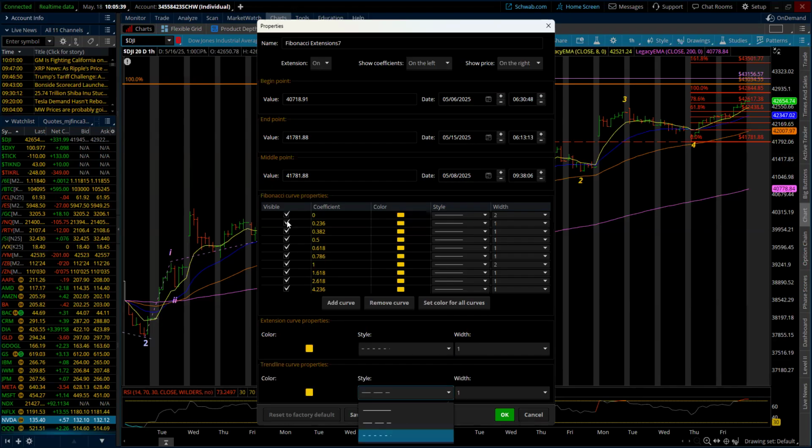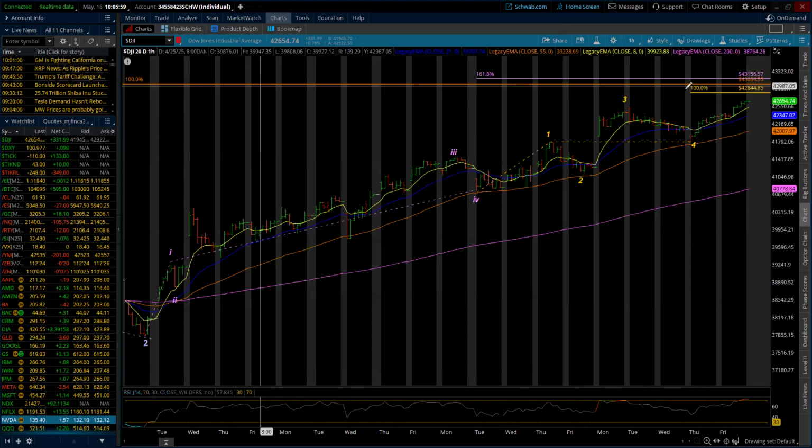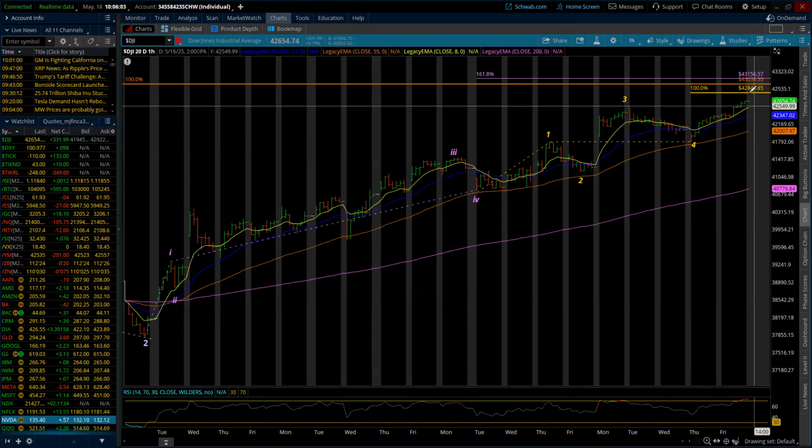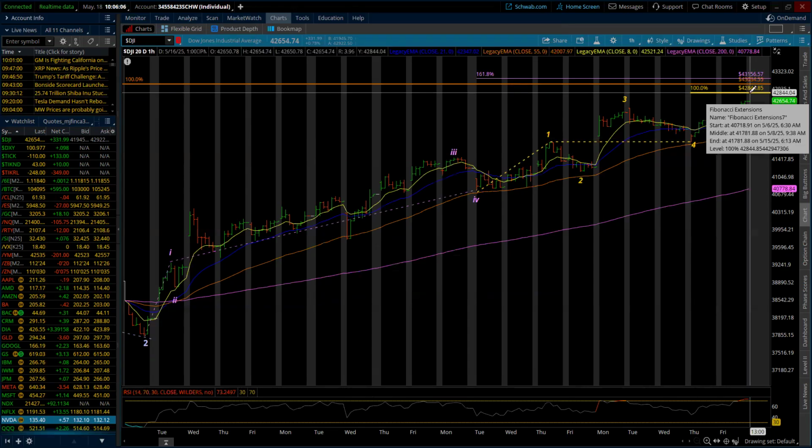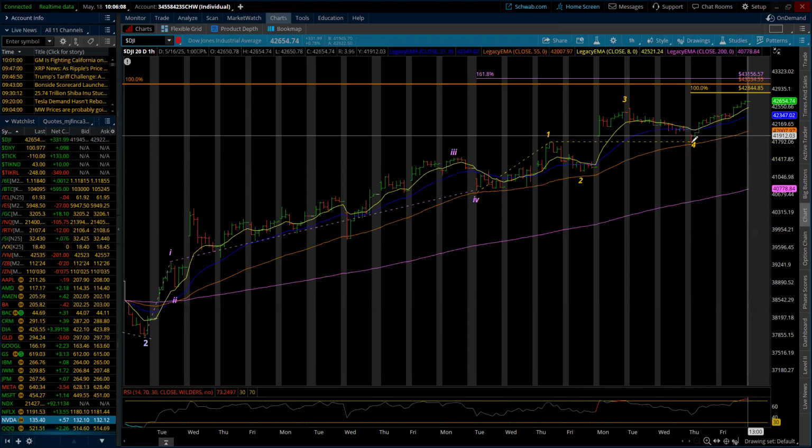Now we're just in alignment between fundamentals and the technical to get everything in alignment that we could actually kind of come down. And I don't think we're going to go too much higher than that. So I'm just going to leave the 100% at 42,844. We continue to have about just above that at 43,000. So we get a little bit of a bounce, which I'm expecting actually in the other markets as well. And then we come down, finish that 5, and then we come down. All right, so that's the Dow.